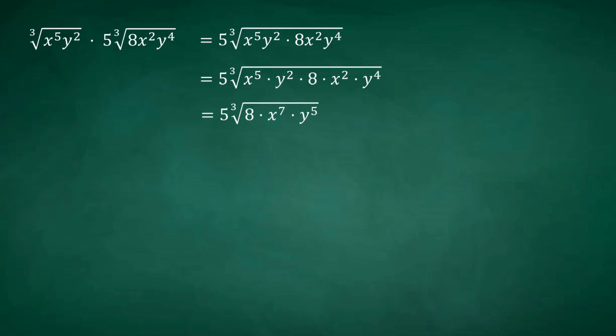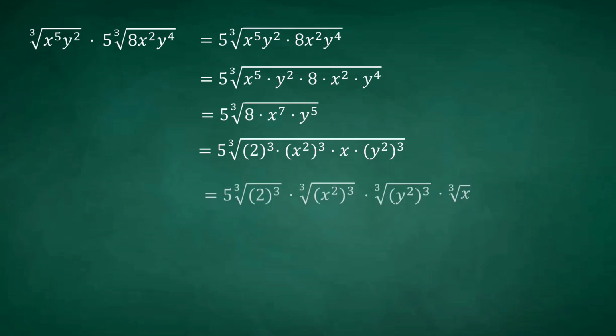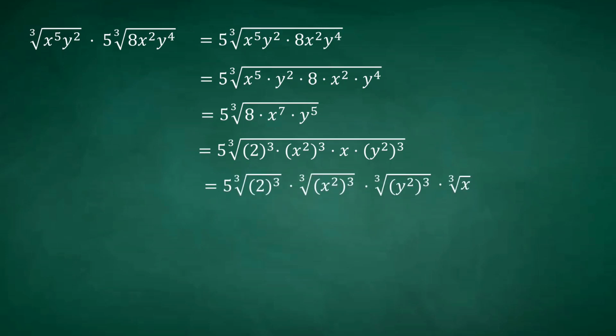Look for perfect cubes in the radicand. 8 has to be rewritten as 2 cubed. Since x raised to the power of 7 is not a perfect cube, it has to be rewritten as x squared raised to the power of 3 times x. And y raised to the power of 7 has to be rewritten as y squared raised to the power of 3. Rewrite this as the product of radicals, and then take the cube root of 8, which is equal to 2,